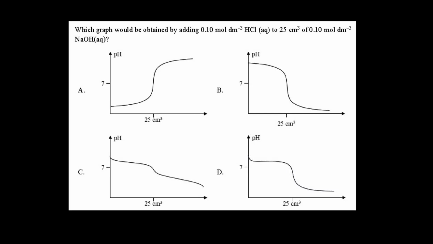Okay, so which graph would be obtained by adding 0.10 mole per dm cube HCl to 25 cm cube of 0.10 mole per dm cube sodium hydroxide? So which is our titrant and which is our analyte? So our titrant is HCl and our analyte is sodium hydroxide. So in our burette,